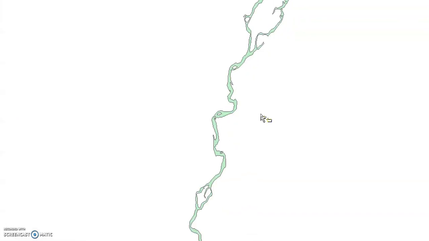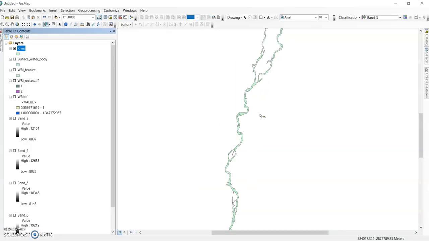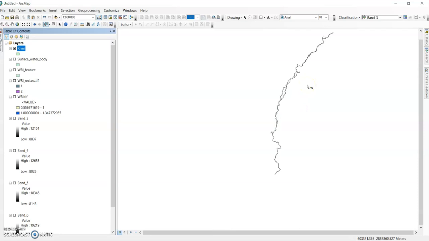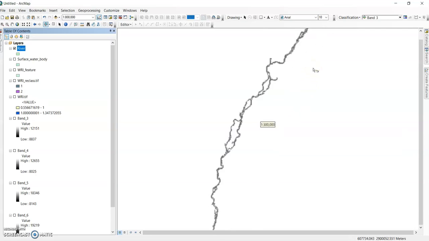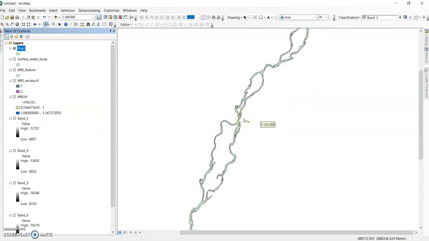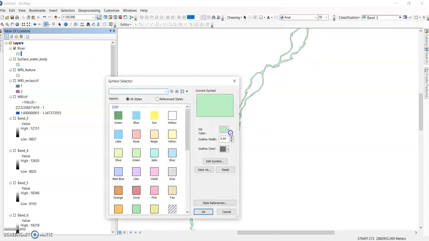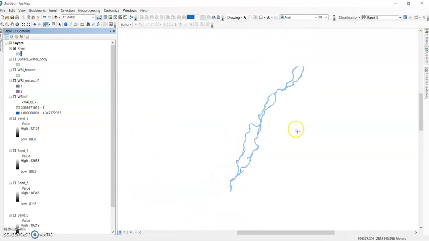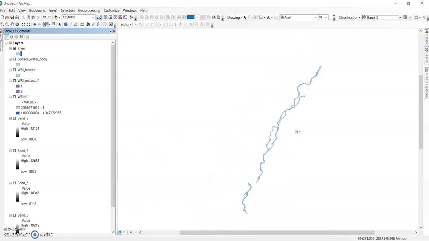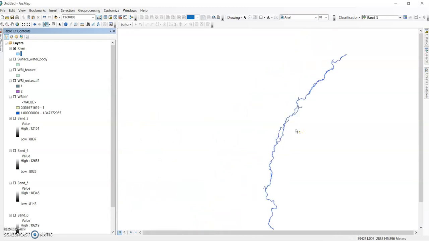Okay. In this way, if you extract multiple time series Landsat images, you can easily show the channel shifting pattern of your targeted river. Okay, this is a river. You can change the color for river. I think it will be a better color for river. Now see, it is my targeted river. In this way, you can extract river and surface water bodies using